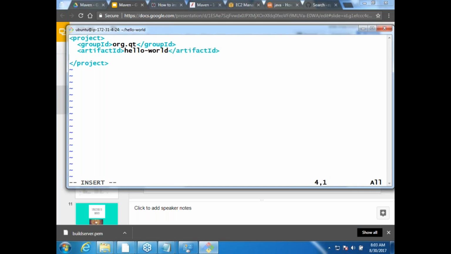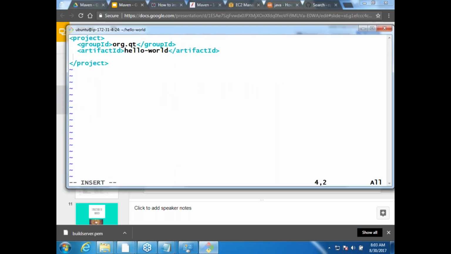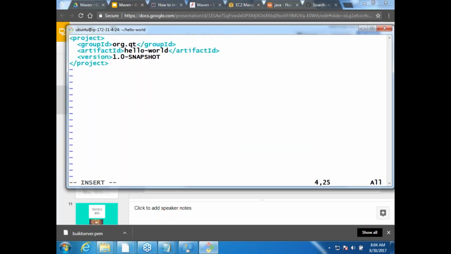Artifact ID, and then version 1.0-snapshot. Okay, and then the last property probably, oh no, we have to.